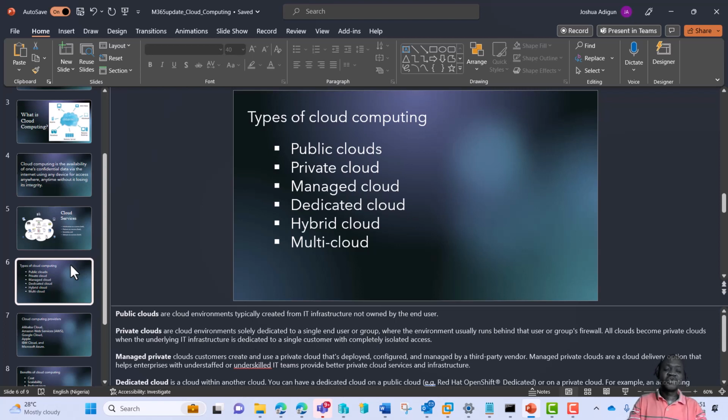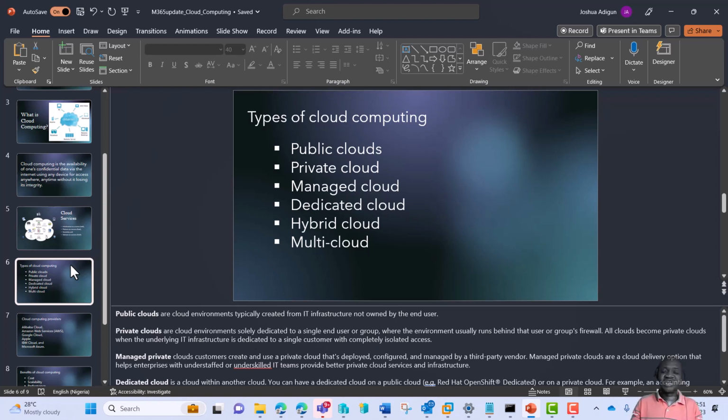However, we also have what we call the private cloud. This is dedicated to a single user or an organization. For example, maybe I want a private cloud, right, set up in my room, right? This is dedicated to just me. Or my company wants a private cloud that is just for my organization, right?